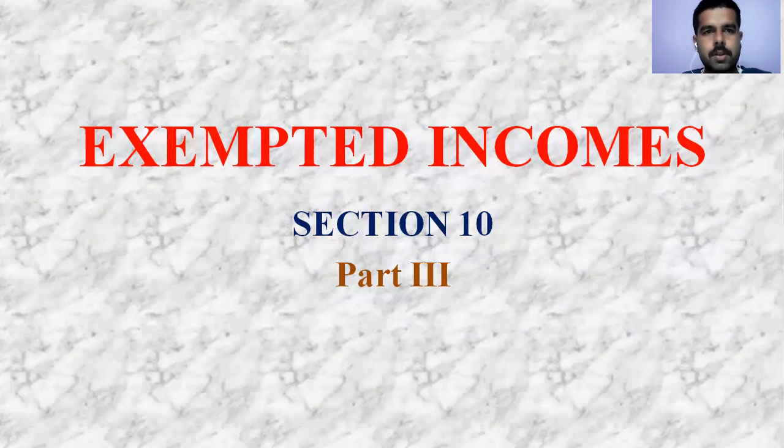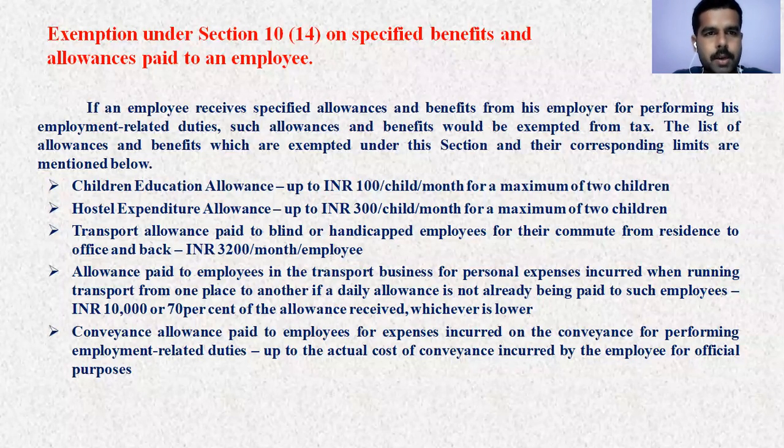The first one is exemption under section 10, subsection 14, on specified benefits and allowances paid to an employee. This section says that some specified benefits and allowances will be allowed to the employee by the employer. What are the benefits we are going to learn today? So here, see,